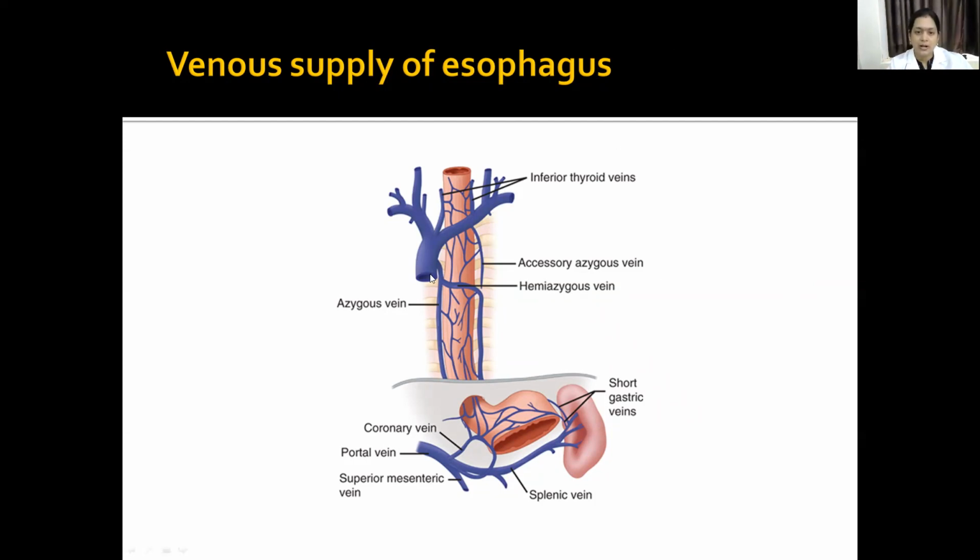So here you can see there are some esophageal veins that get drained into the azygos vein, the hemiazygos vein, they go into the superior vena cava, and then the inferior thyroid veins also drain out. And then here you can see the lower part of the esophagus is drained by the left gastric vein and the short gastric vein, so the coronary veins which anastomose with the portal vein. So there is an anastomosis between the portosystemic